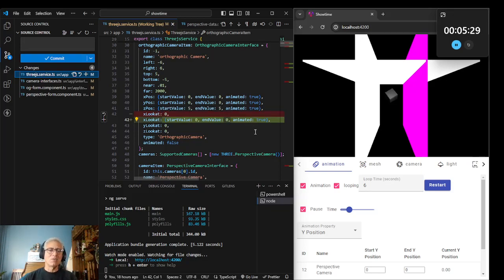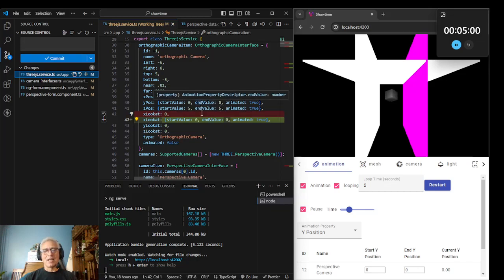Now the animated equal to true doesn't really make a difference because the way I have it coded right now, the actual whole object is animated, not a property. And this may go away. I don't know if I'm ever going to want to be able to have only certain properties animated and not others, because I think there'll probably always be a way to make a property animated